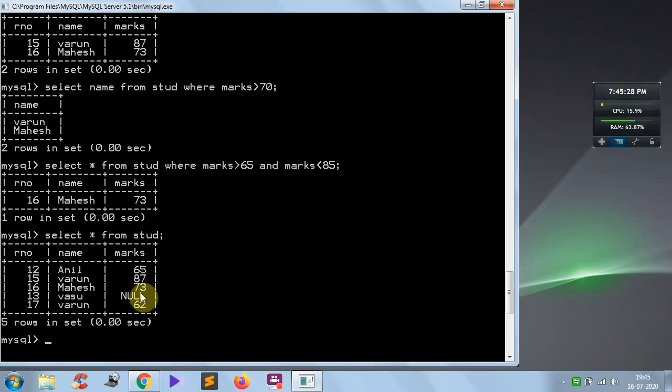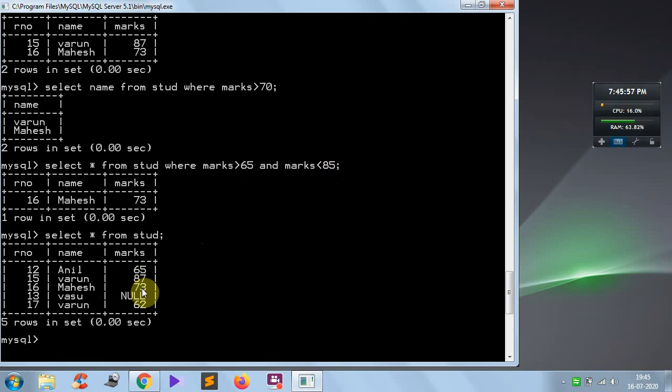See that here among all the rows only one row has satisfied both the conditions, marks greater than 65 and marks less than 85. Take the row with 87: first condition has been satisfied, 87 is greater than 65, and the second condition is marks less than 85. See, 87 is not less than 85, so the condition is not satisfied, so this row will not be taken.